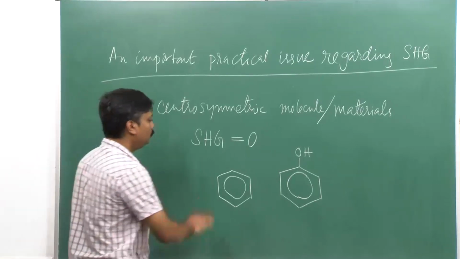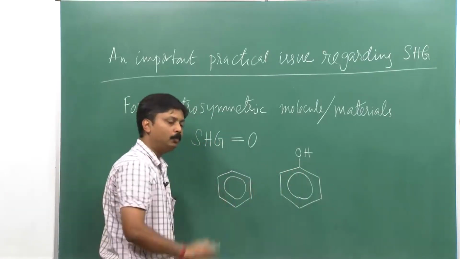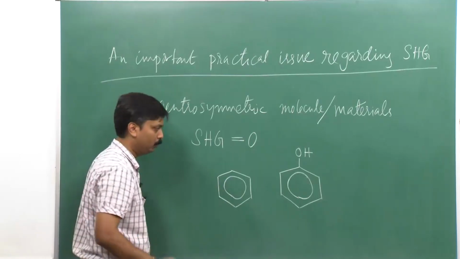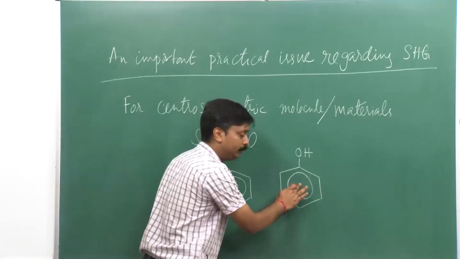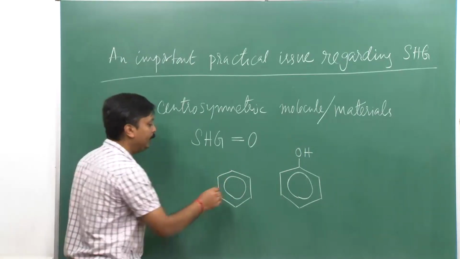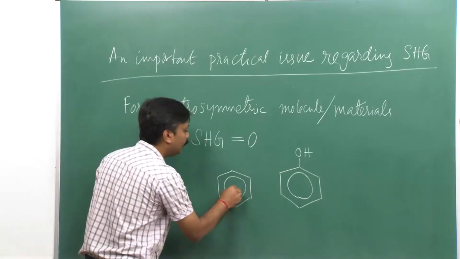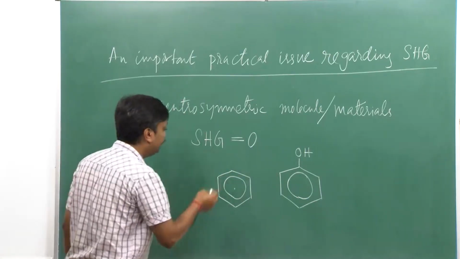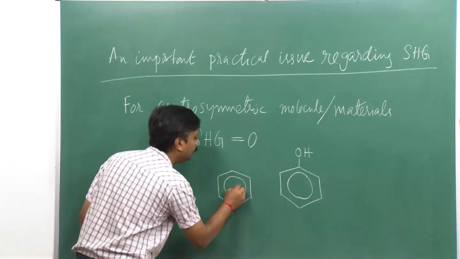Okay. So, out of these two molecules, this molecule is known as centrosymmetric molecule, while this is non-centrosymmetric. Why? Because for this molecular structure, there is a symmetry element known as center of inversion, or I,